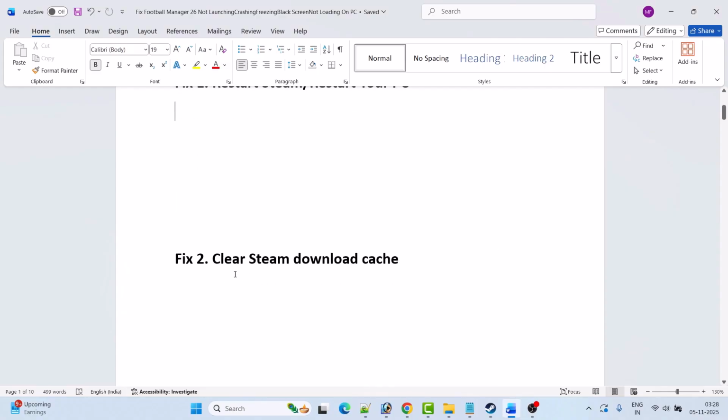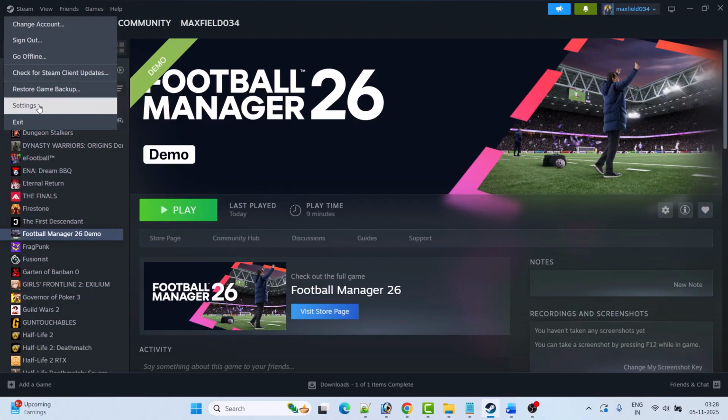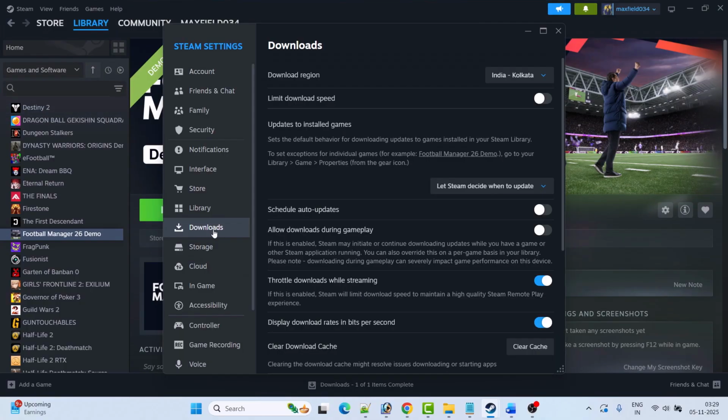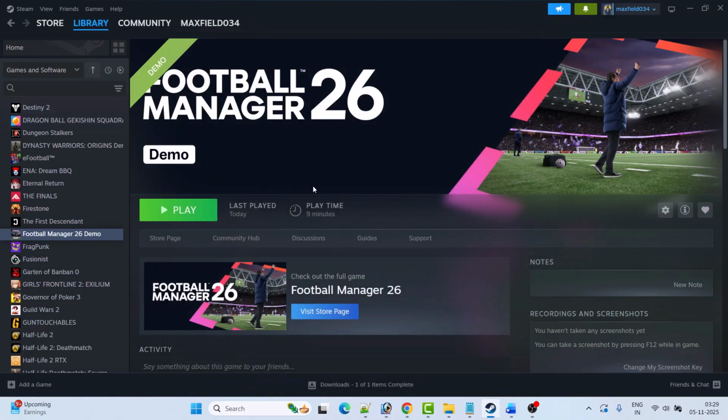Next solution is to clear Steam download cache. So open Steam, click on this word Steam and then click on settings. Now go to the downloads tab, scroll down, and next to clear download cache, click on clear cache. This will close the Steam and then relaunch the Steam and then launch the game and check if your problem